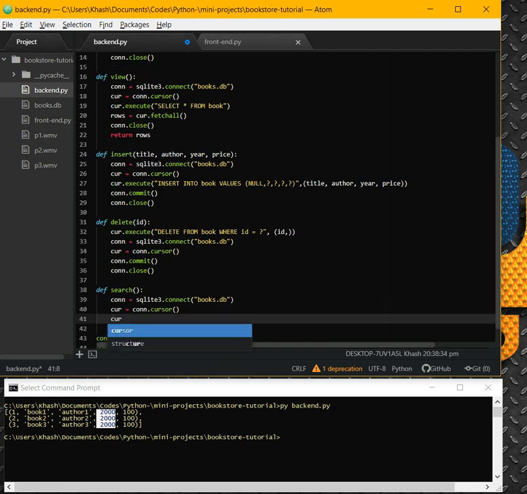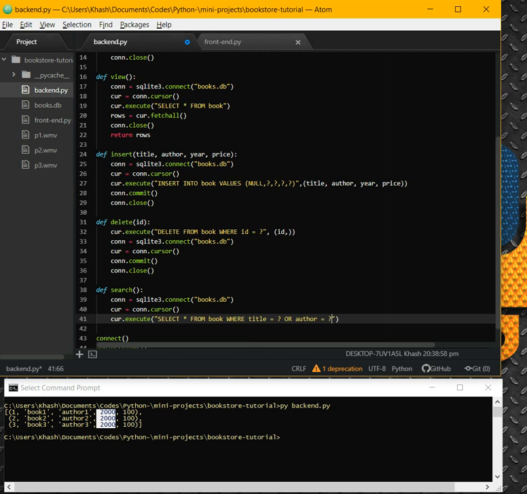And now cursor dot execute, we are going to select everything from book table where title equal placeholder or